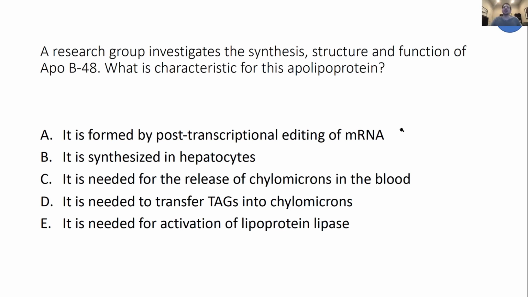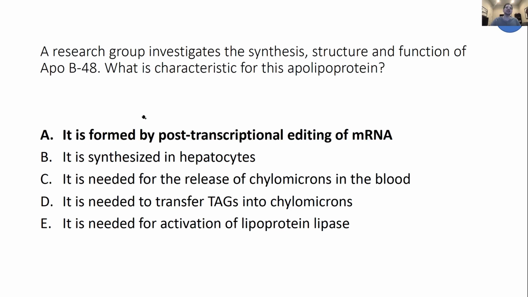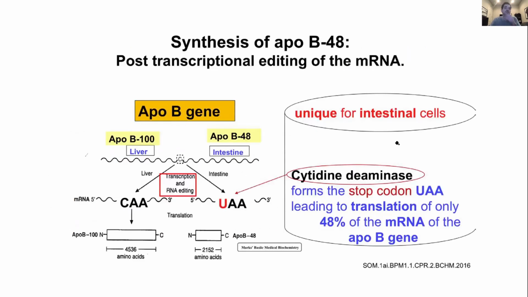Yeah, awesome. So don't get this confused with post-translational modification. This is post-transcriptional. So the idea here is you originally make this ApoB 100, but in some circumstances, you want to cut it in half. You only need half of it. So it depends where you are in the body. If we look here, in the liver, you use ApoB 100, but in the intestine, you only need half of it,